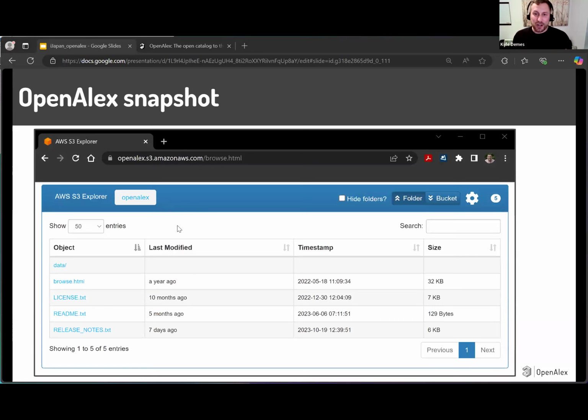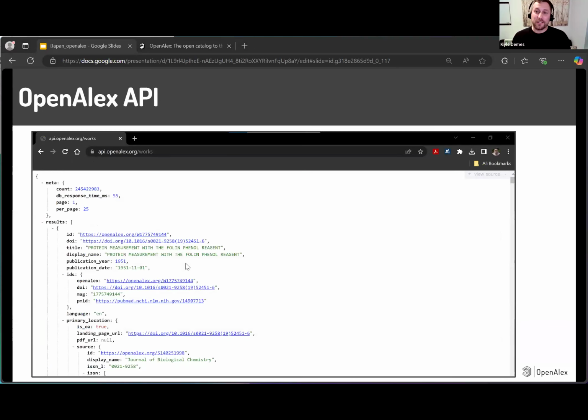This is really great if you want to do large scale analyses or you want to build your own products, but very few people have the ability to use such a large database. So we also have a completely open and free API. You get up to 100,000 calls per day and 200 responses per call, so 20 million responses a day maximum. But that's very generous. That's more generous than even the Web of Science version if you pay for it. But that's very well documented and online, and anyone in the world can use that as well.